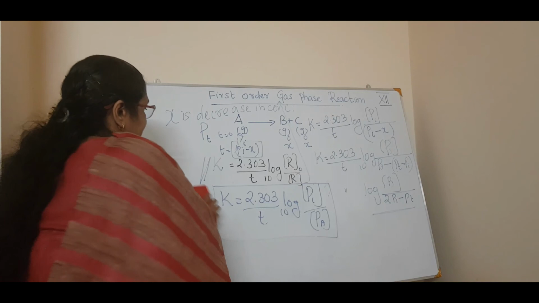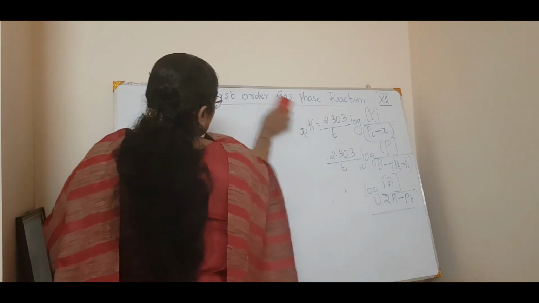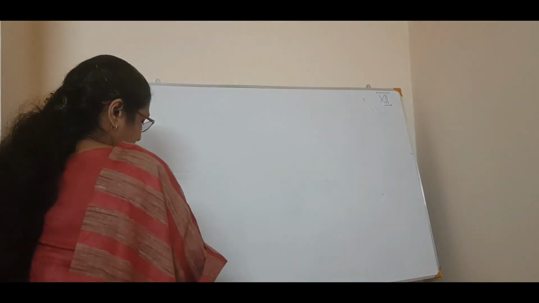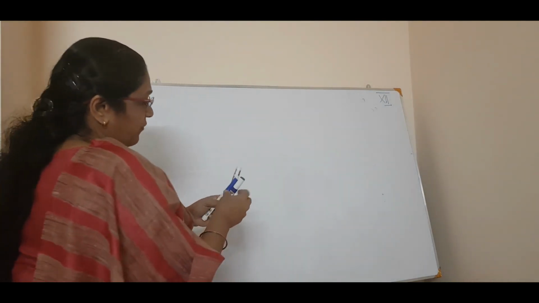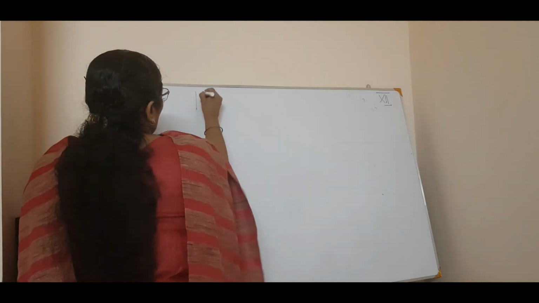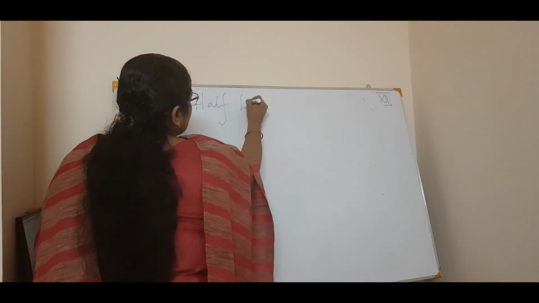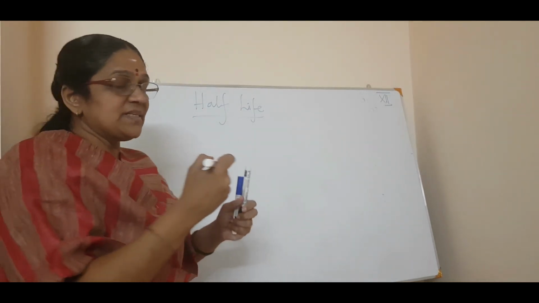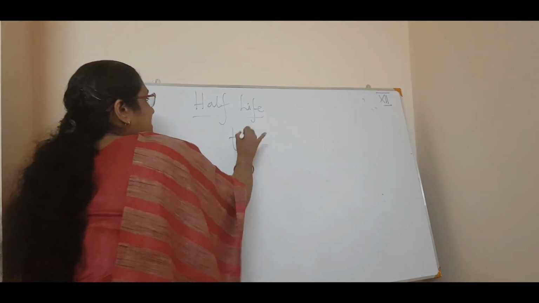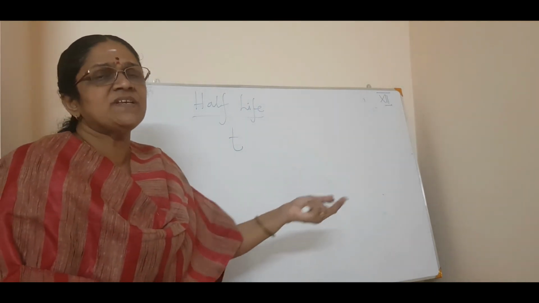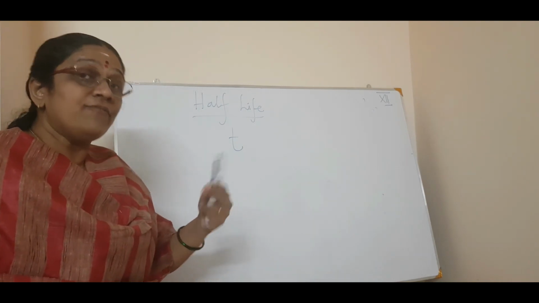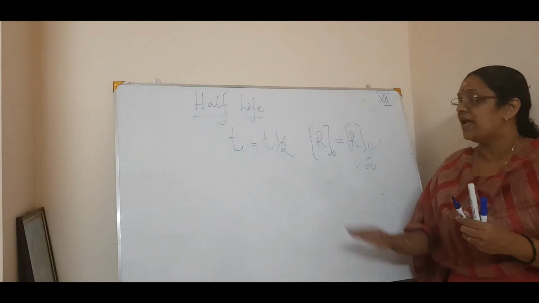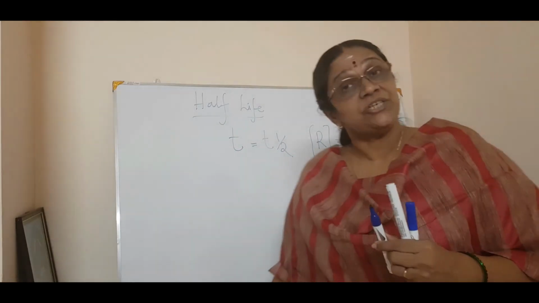Okay. Well, now we will see the half-life period of a zero-order reaction. Correct? Now, what actually does half-life mean? Normally we represent the time as t, the time taken, 50 seconds or 1 hour. But for half-life period you denote the t as t-half. Now we will see what is the equation for t-half.